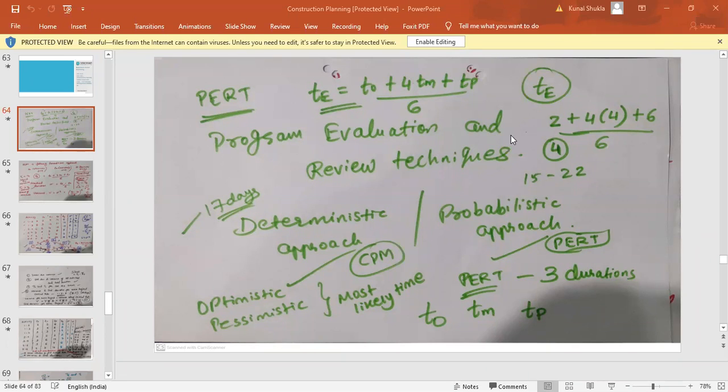For smaller works, if I want to use a method, I already have the bar chart method. Bar chart is the most user friendly method, but it has certain limitations with respect to the complexity of the work. If a small work has only 40-50 activities, then you should use only a bar chart, because that is very easy to understand and much easier for anyone to comprehend. If I appoint a person on the site to see to it, the bar chart is the one chart that everyone will be able to make out that after this activity this one will start.